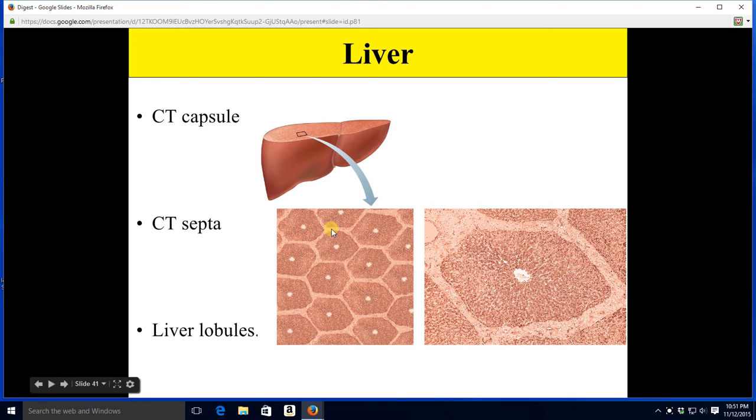You can see all these light colored spaces in here, all these light colored areas. This is the connective tissue. It divides the liver up into about, I want to say, 10,000 or so liver lobules. This is one liver lobule here. The liver lobule does everything the liver does. So it's going to make plasma proteins, it's going to metabolize nutrients, it's going to make bile,